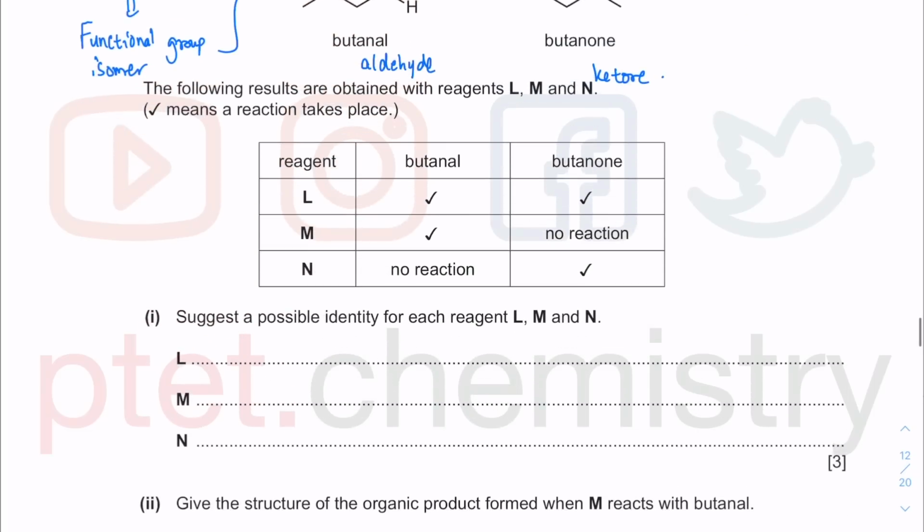We've done a couple of tests here. So something that reacts with butanal and butanone, so it reacts with both the carbonyl of aldehydes and also ketones. So it can't be oxidation. It has to be your 2,4-DNPH. That is the proper name with all the letters capitalized. Or if you want to name it in full, it's called